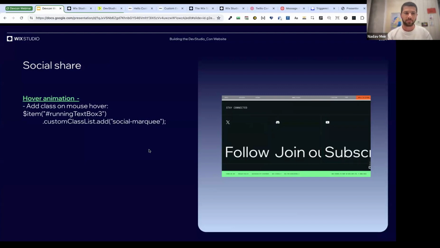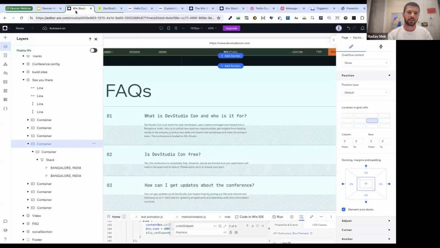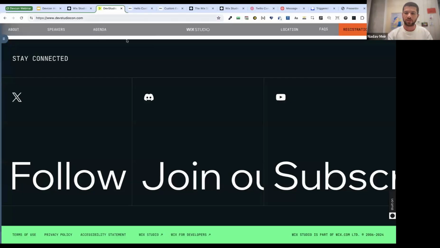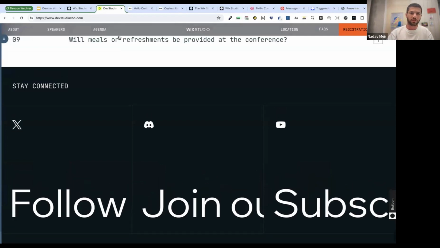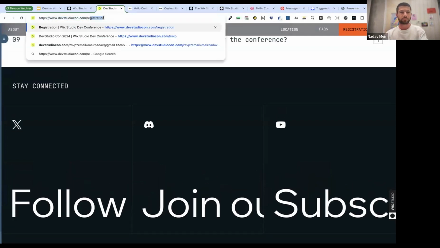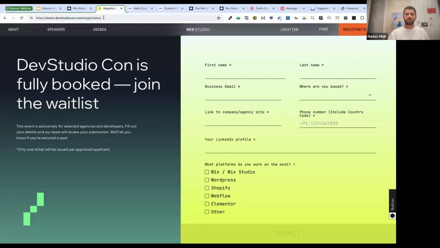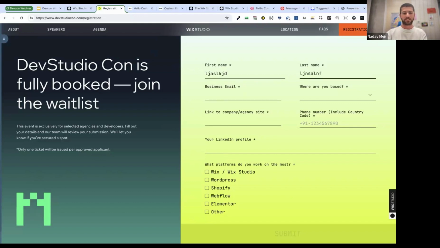Okay, I think I'll just briefly show you. I won't go into it because I think we need to move on. I also want to talk about the registration system we built, but I just briefly want to show you another cool effect that we made. For those of you who did submit their application, if you remember, once you type in your name, you got this cool avatar creator that generates a unique avatar